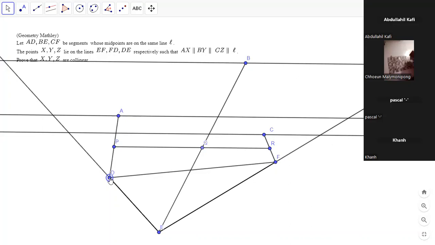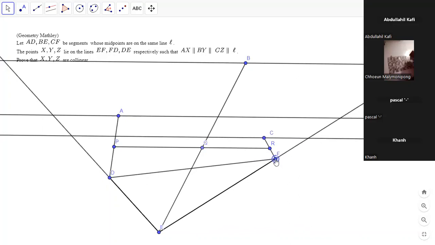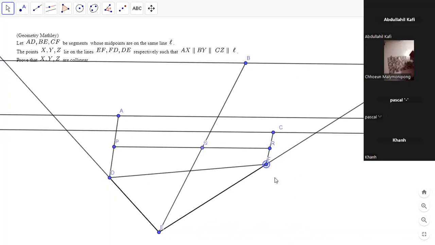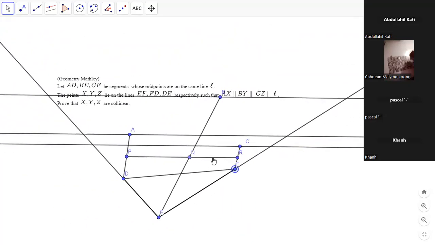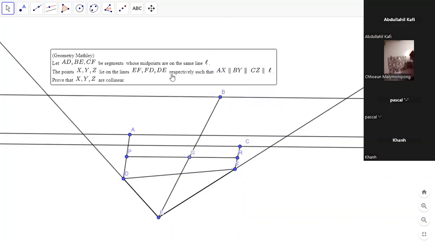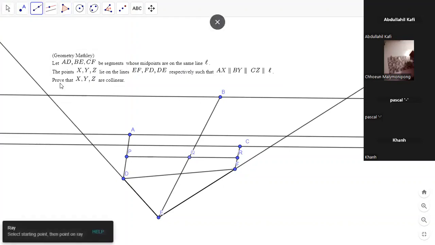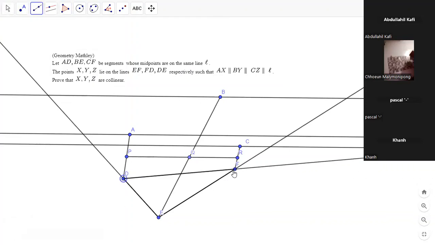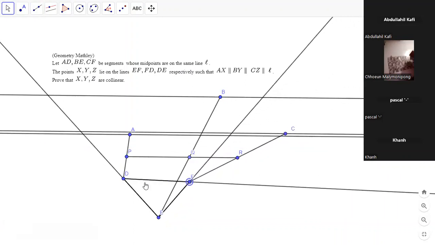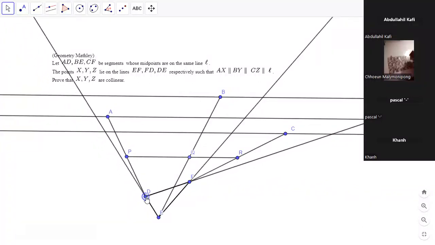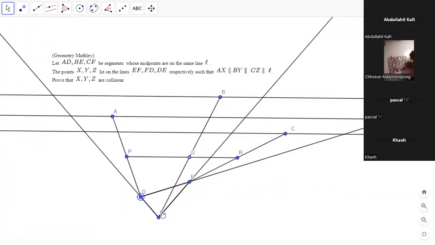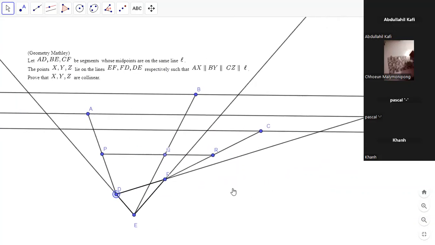So yeah, something like this. So Y lies on FD. Oh, FD is annoying. Okay, what I think we really want is something like this, so that all the, okay, so